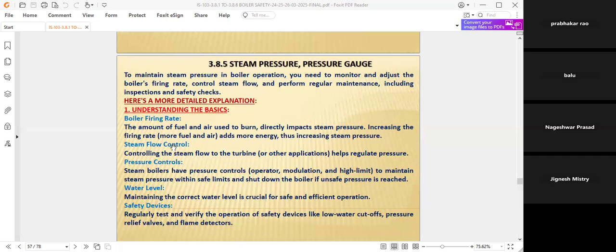Steam flow control is also important. Controlling the pressure is also important. There is no doubt. Steam having the temperature